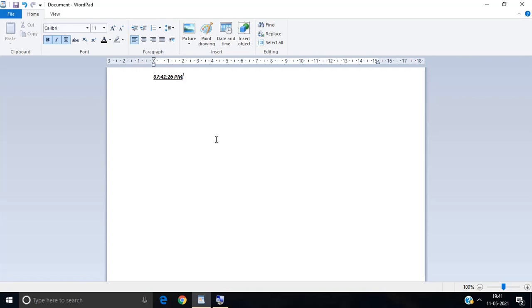So first of all, the differences between Notepad and WordPad. Notepad is a software that can be used as a basic text editor. Notepad is used by learners who want to learn about text editing.